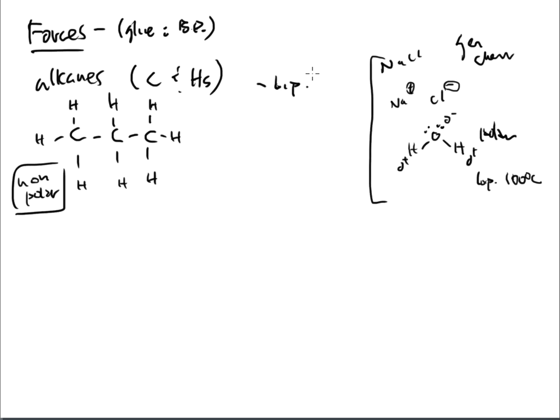So, this is nonpolar. But some of these organic compounds, in terms of alkanes, are still nonpolar, but they do have an extremely high boiling point. We have to put some heat into them to get them to break up, to get them to boil, and to get them to turn into a gas. Some of those boiling points are higher than the boiling point of water, but yet these alkanes are still nonpolar. How is this the case then? The reason,